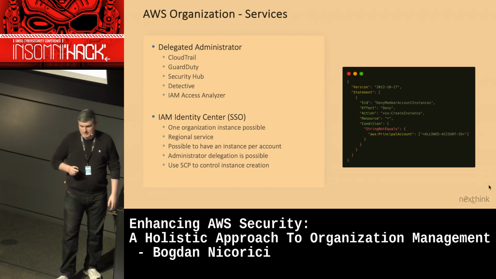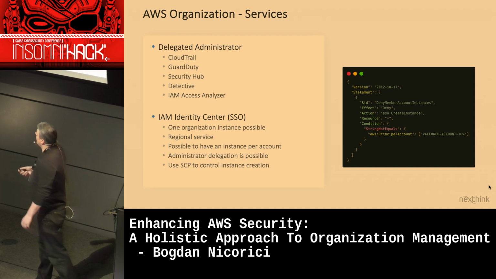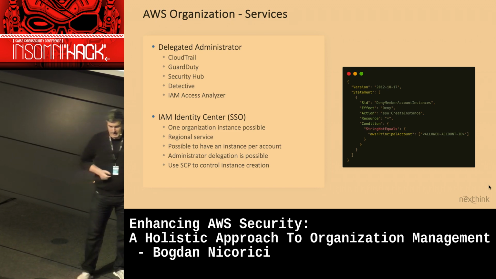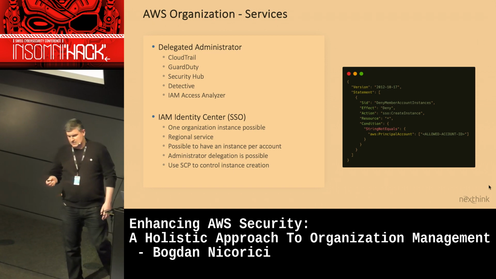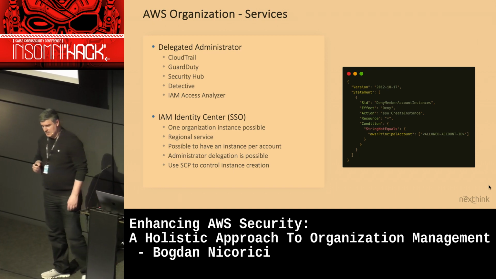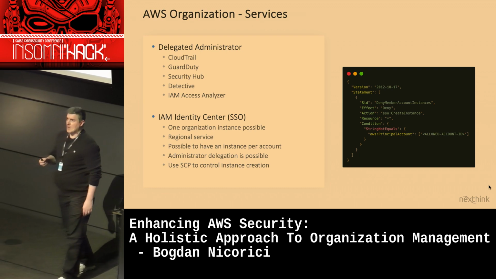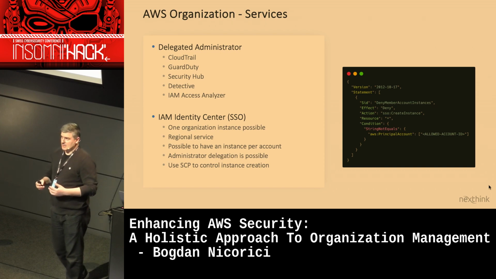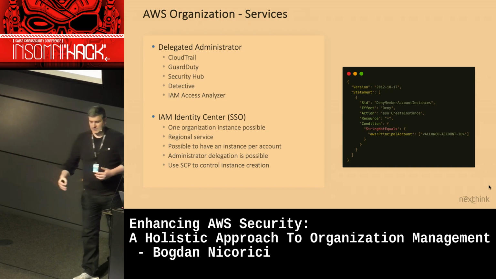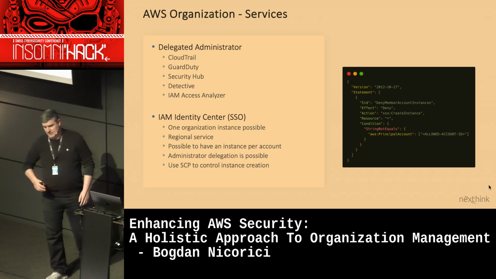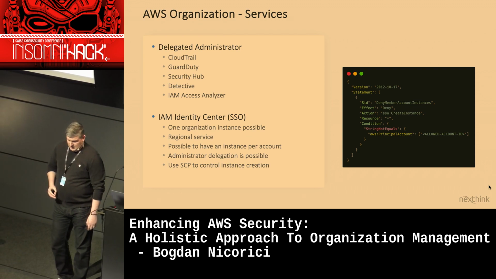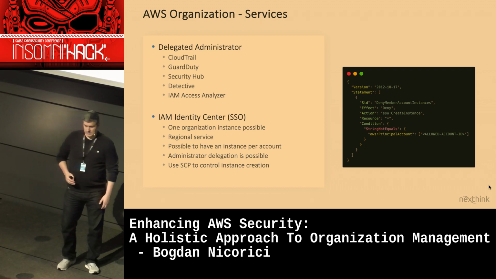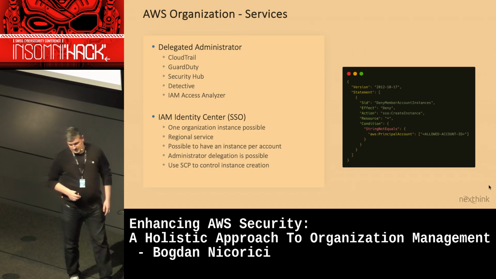One service which is really important for us is the IAM Identity Center. AWS just renamed the service. Before it was called AWS SSO, I think. So that's why I mentioned SSO. You can actually have one for the entire organization, meaning that each time you provision some access in this identity center, it will automatically be provisioned in the accounts where it's configured, which means pretty much all the accounts of the organization. It's a regional service, so if it goes down, you don't have SSO anymore, probably it would be a good idea to have a backup plan as well.